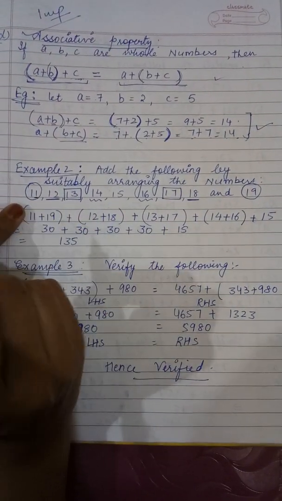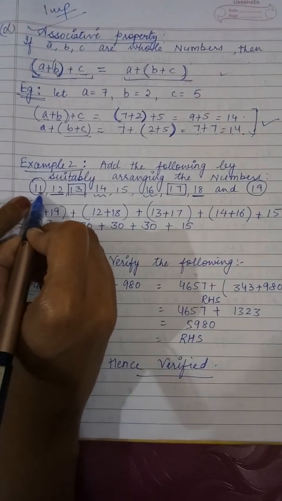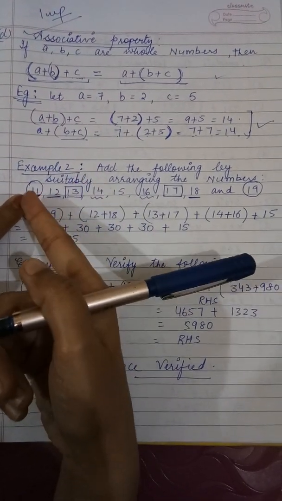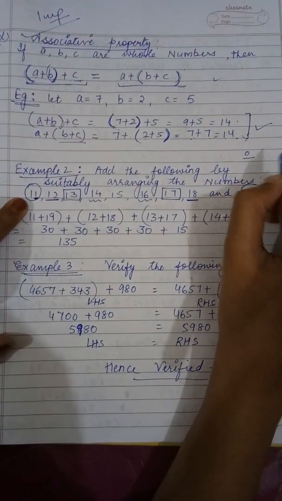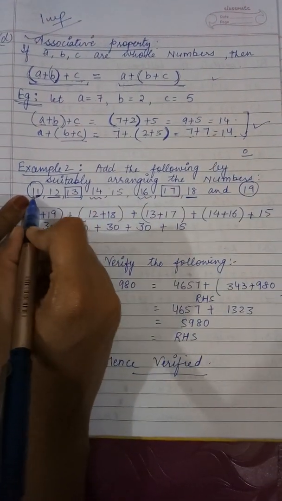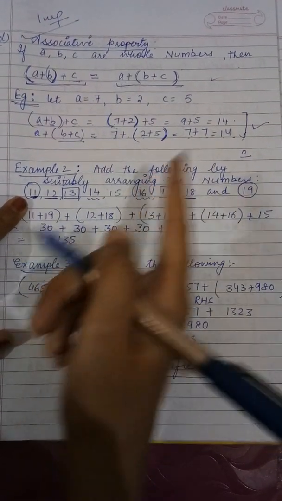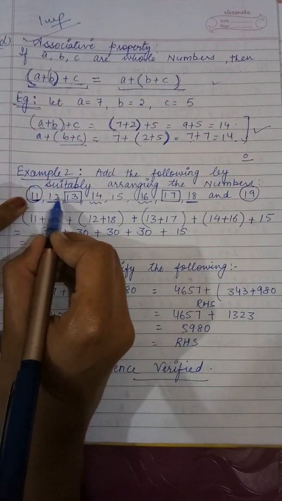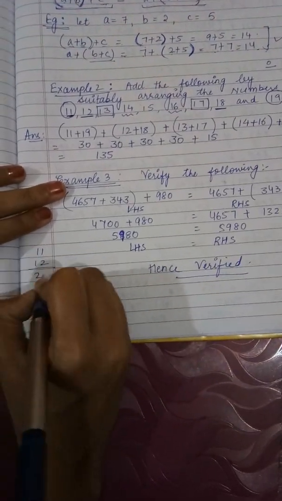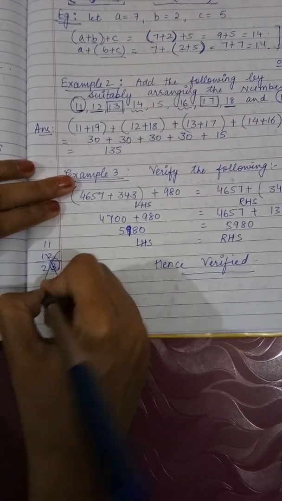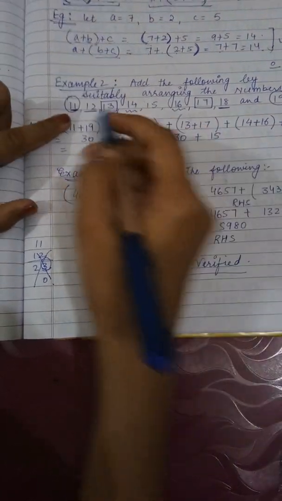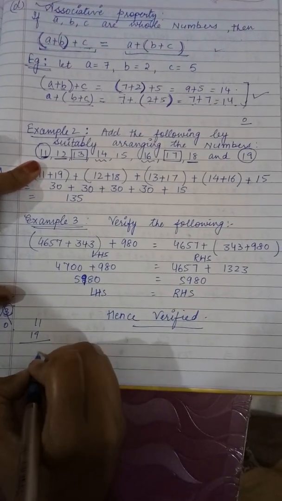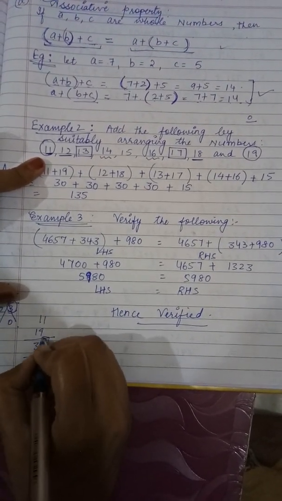Now how are you going to make it easy? Just see the ones place. This is 1. I have to include one more number with this 11 so that my unit place comes 0. Let me take 11. Now with 11 what number should I take so that my unit place becomes 0? If I add 11 and 12, I get 23. Is this 0? No. So I cannot add 11 and 12. I can take 11 and 19, because when I add 11 and 19, I will get 30, and I get 0 in the unit place.